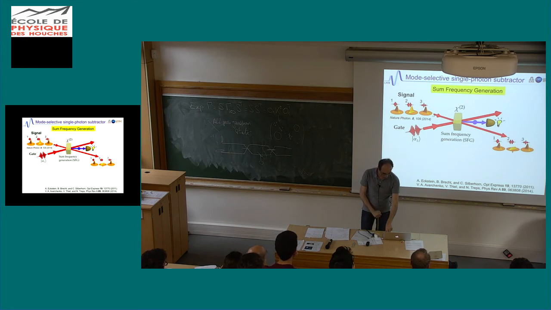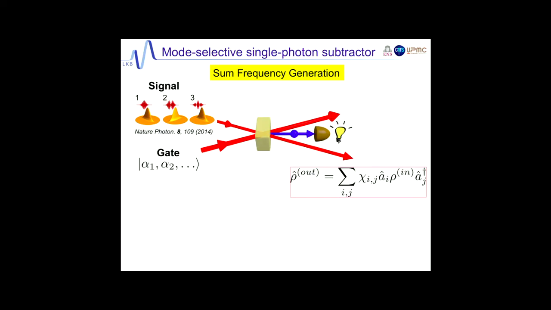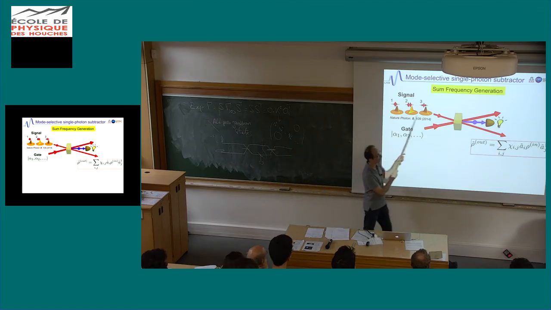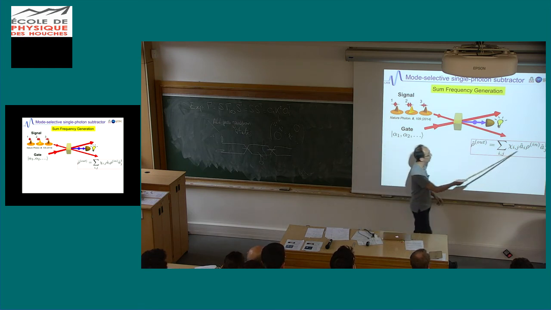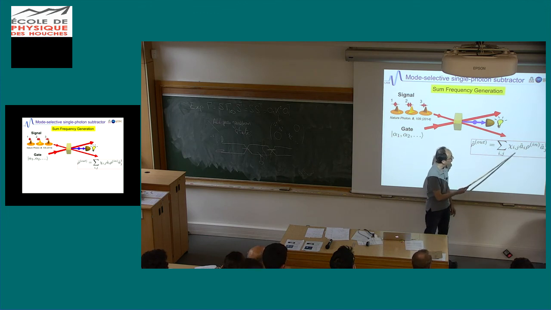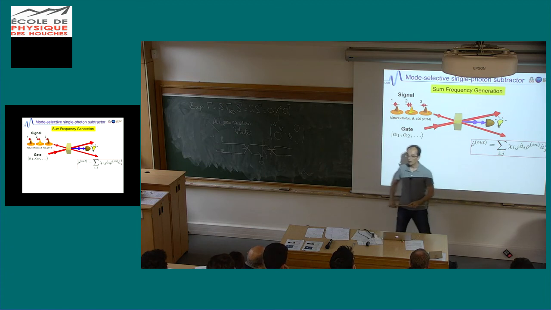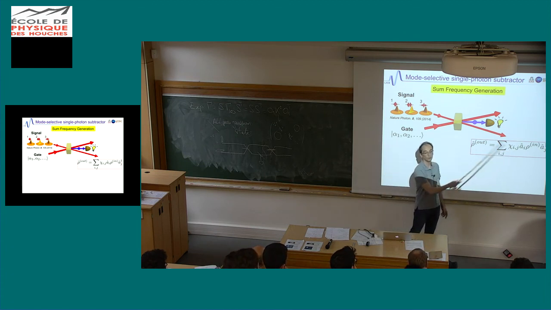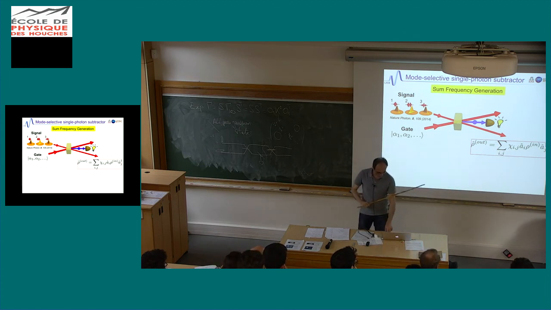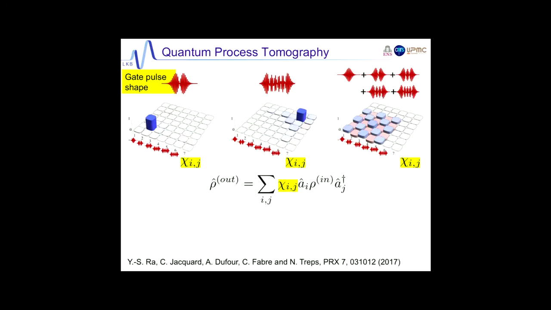So this is an experiment we have been doing. I'm hesitating. Should I show? No, I will not show the details. So when you do this kind of experiment, first you're not sure that the phase matching of the crystal does what you want. So at the output, what you know is that we have removed photons, but you don't know from where. So you have a coupling matrix which is here, which is a bit complicated. So the first thing you do is that you measure that matrix experimentally, and I will just show you the result of the matrix itself.